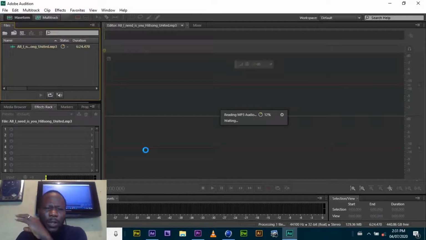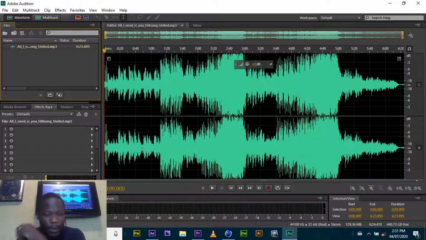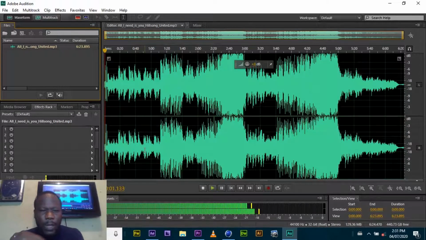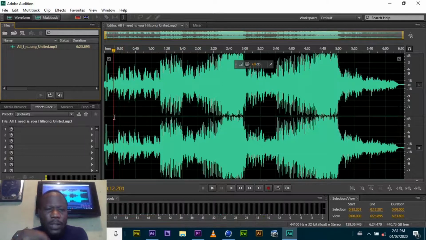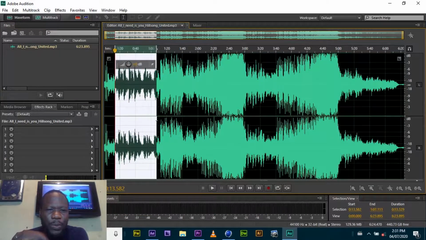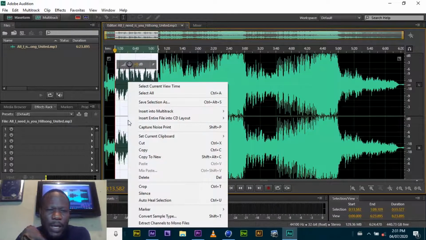Okay. So once you've imported your audio file, then play it back. Then let's select a portion we want to cut out. Let's say I want to cut out this area of my audio. I'm rushing the whole thing, this area of my audio. I can decide to cut it,